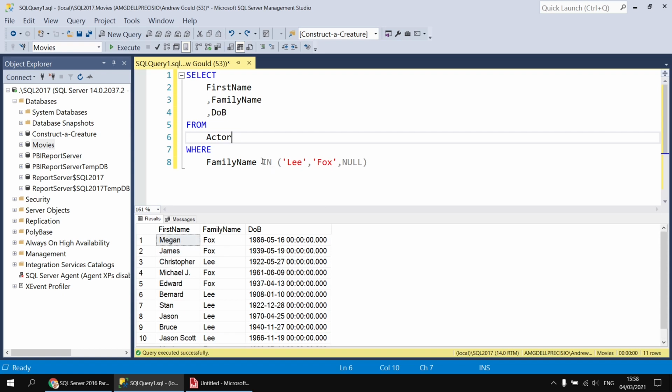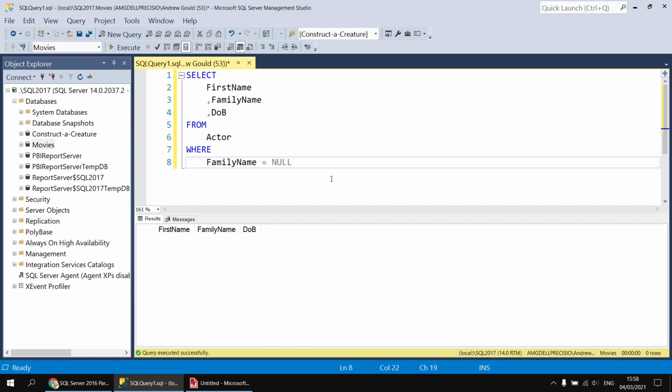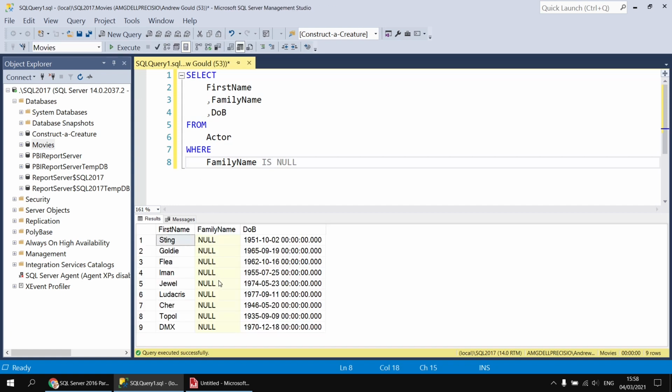And that's because the in operator doesn't treat the null in the appropriate way. The in operator is really a bit of syntax sugar to make writing your where clauses a little bit easier. So this is essentially broken out into where the family name equals Lee, or family name equals Fox, or family name equals null. And of course, if you know much about how SQL works, you'll know that you can't say something equals null by default. That never returns any results. What you have to do is say is null instead,